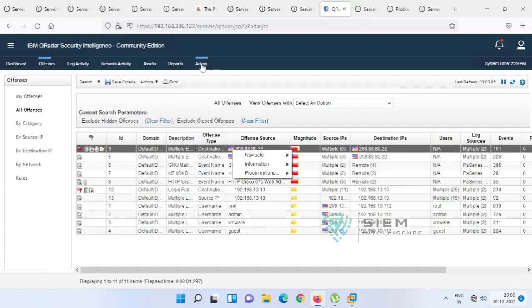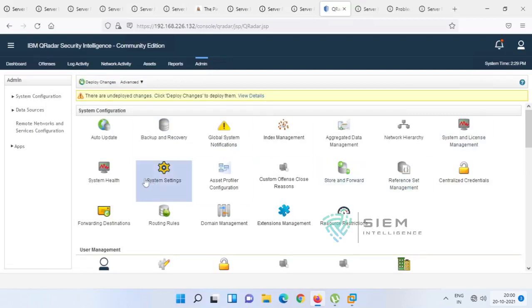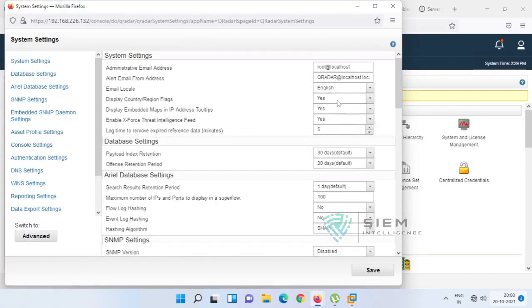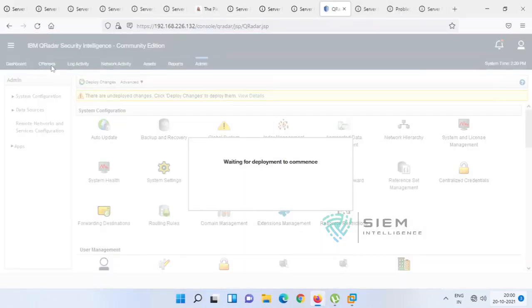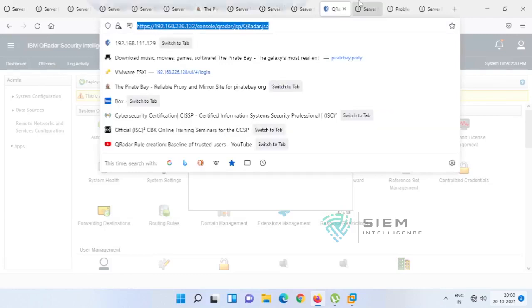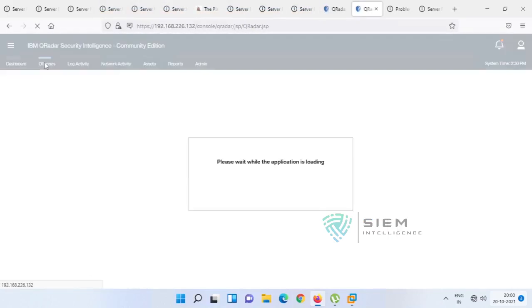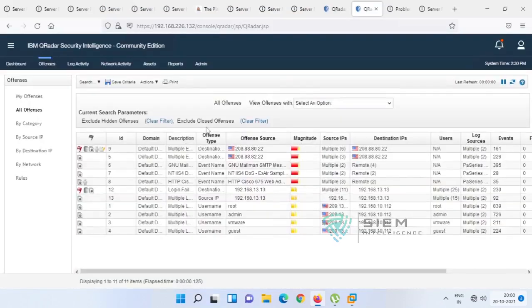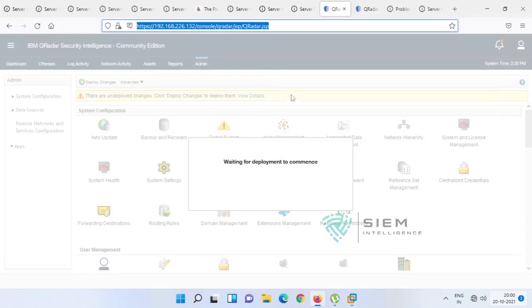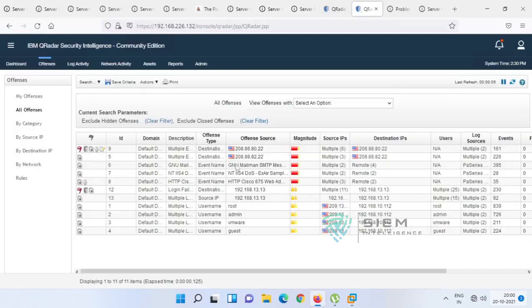But if you don't want that, just select no for the embedded address maps and all, and if at the same time you don't want X-Force, just save. Yeah, we need to deploy. Even after doing that, you will get to know. Once it's done, see, deployment is under process. Once the deployment completes, it will go away.